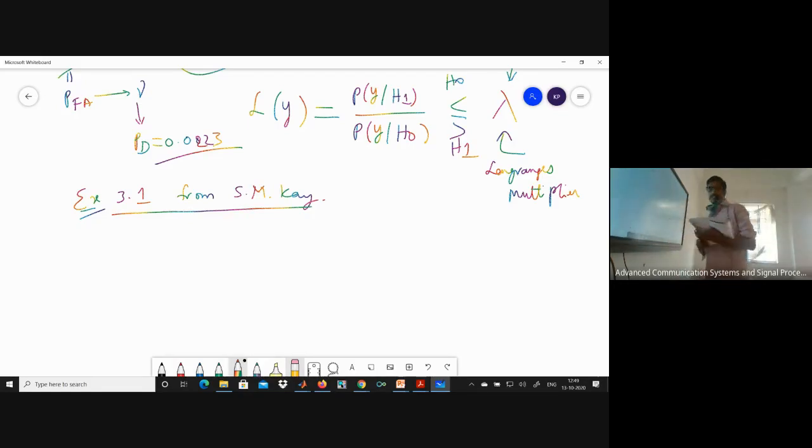Students, please be very attentive. The problem is similar to the things we have discussed till now. So the probability of false alarm is given as 10 to the power of